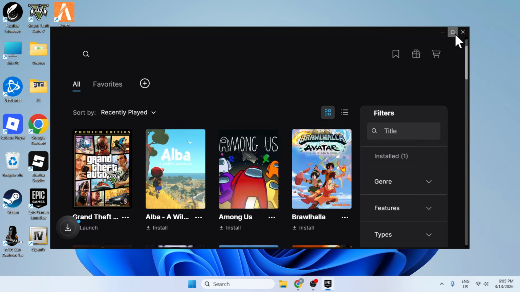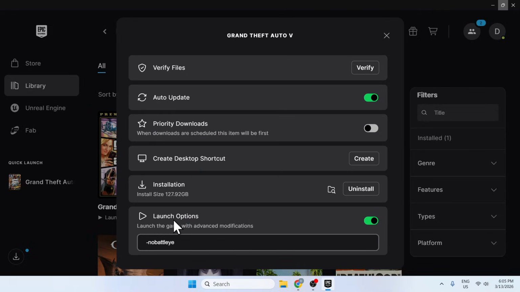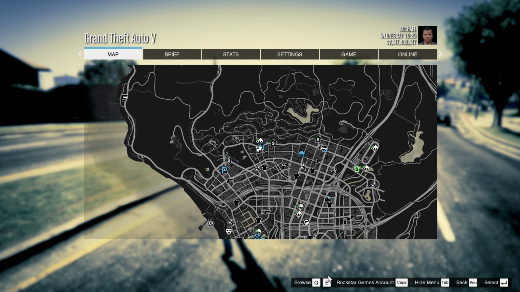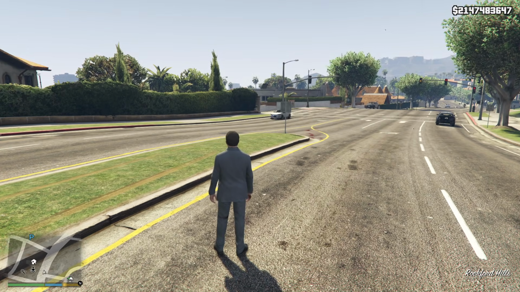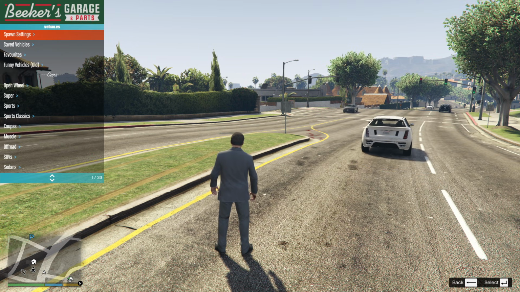Now make sure you turn on launch options and you write down dash no battle I. Now run the game. So to activate the Batmobile, press F8, go to vehicle options, vehicle spawner,